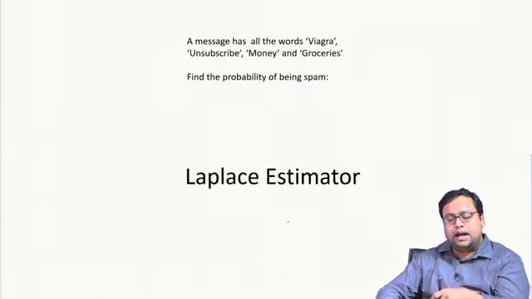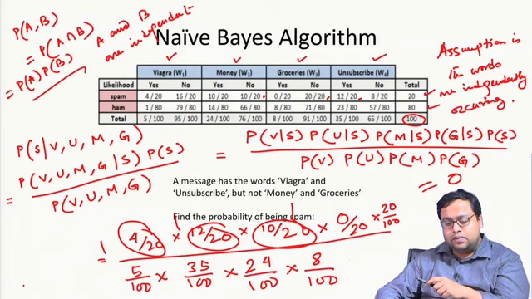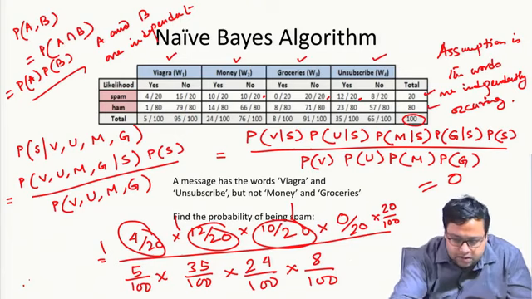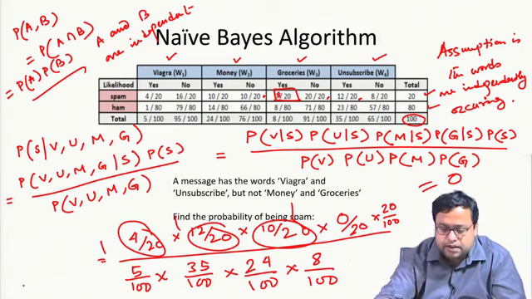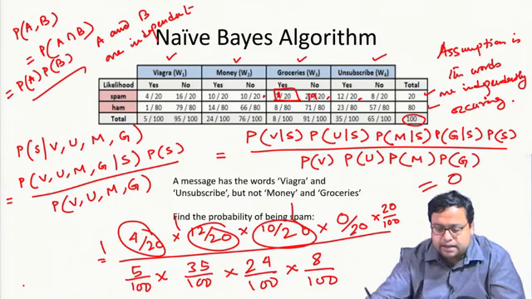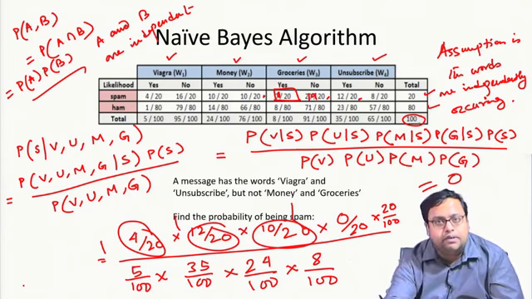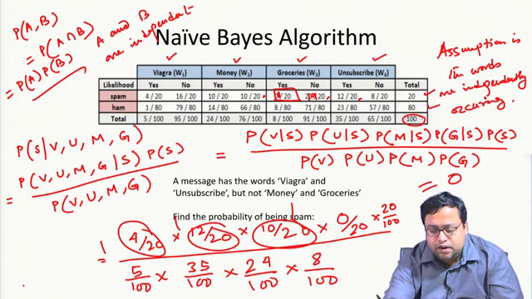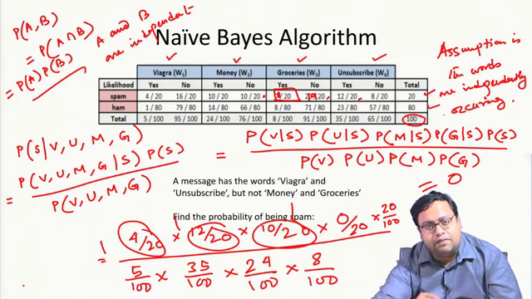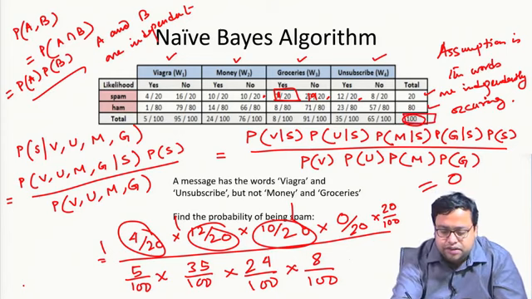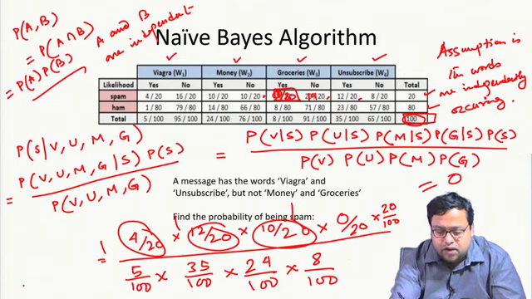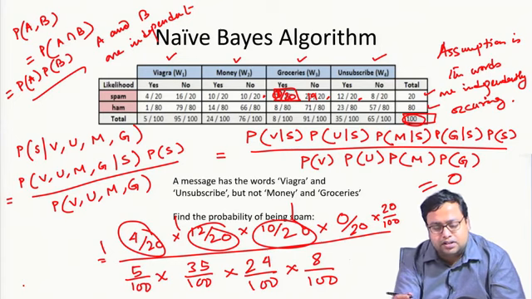So, to solve that, we use a Laplace estimator. What is Laplace estimator? We say that this particular value is not 0. This is a small value, let us say 1. If instead of 100 data points there were 5,000 or 50,000 or 1 lakh data points, and it is 0 by 1 lakh, instead of that,